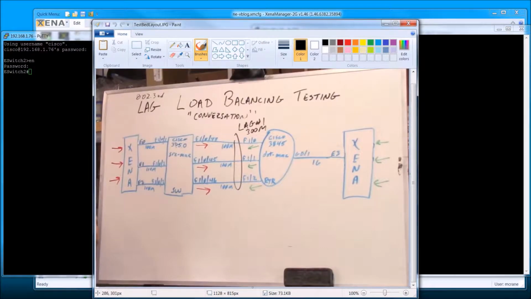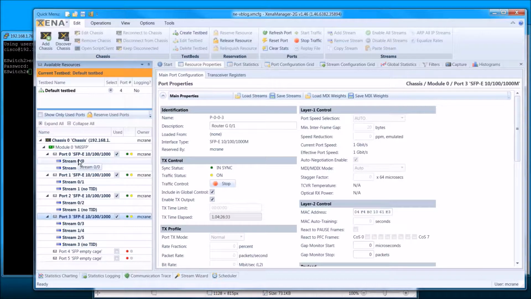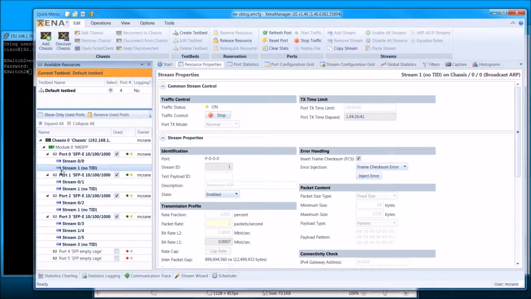So in our drawing, you can see the left side is the switch, and the right side is the router. In this test set, I'm not going to go through how to set this up. I've done that on previous videos, but I do want to point out that I added these